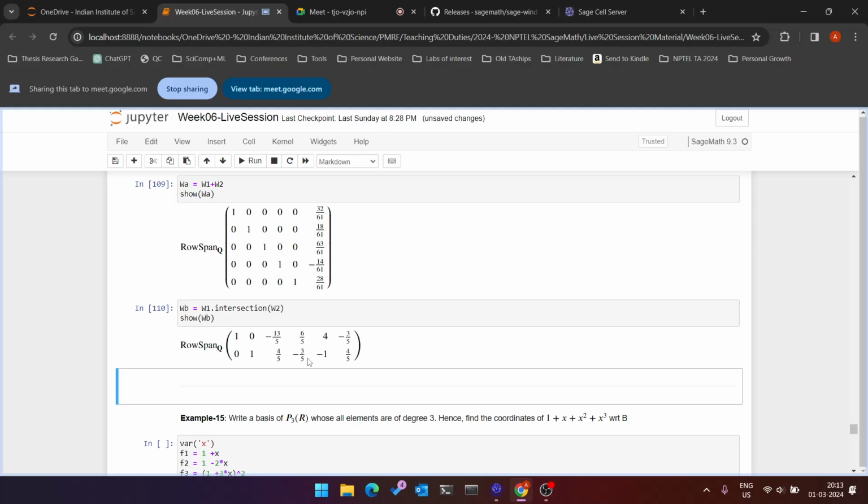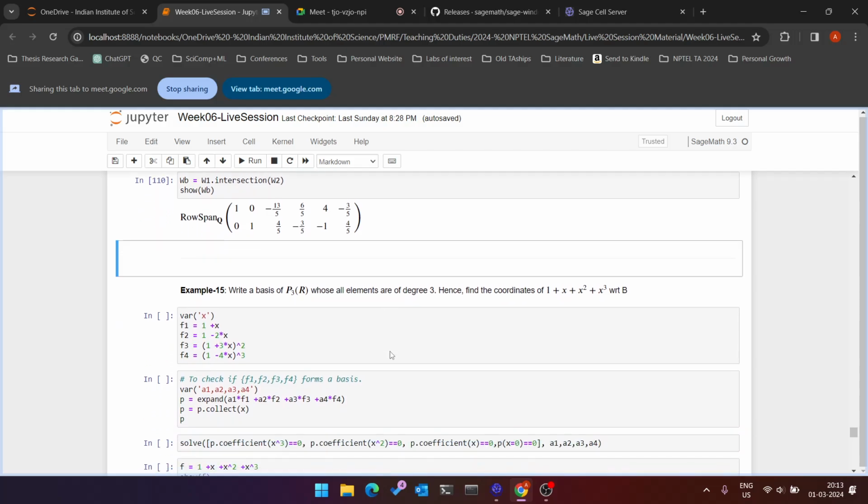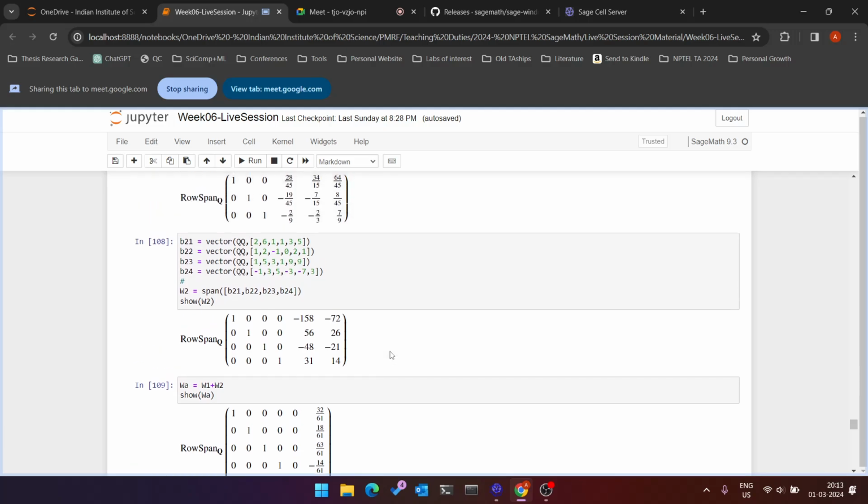Okay, so any entry in, say, the intersection between W1 and W2 would be, say, of the form A times the first row plus B times the second row. So you can play around with it to find any possible vector in W2. Okay, I think this was